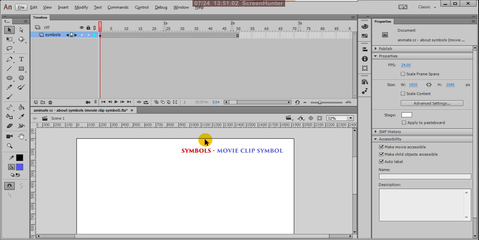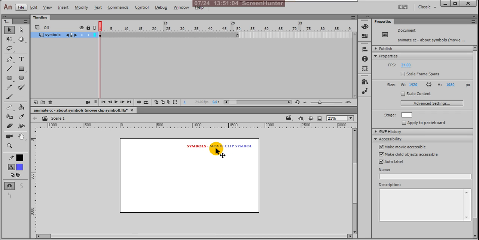It behaves as individual frames. Even if you did your animation in a graphic symbol, however many frames it occupies on your timeline, only those many frames can animate. Other frames it cannot show.